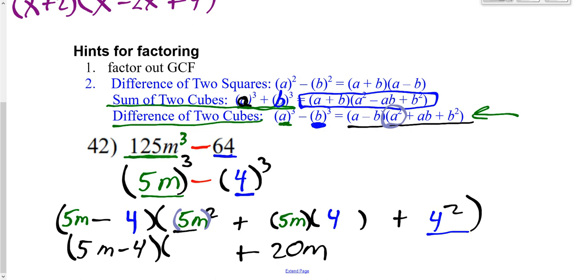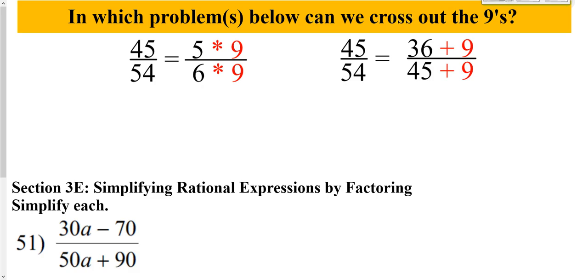Now, when I'm looking here, it's a 5m times another 5m, so it's a 5m squared. Then at the end, a 4 squared would be a 16, and then I'm going to have this for my answer. So, side note here, which one of these two fractions at the top can we actually cross out the